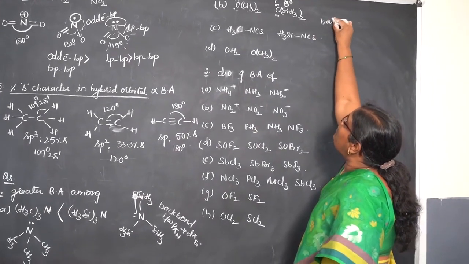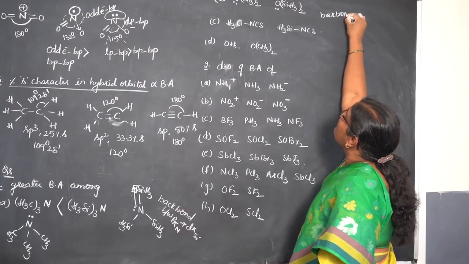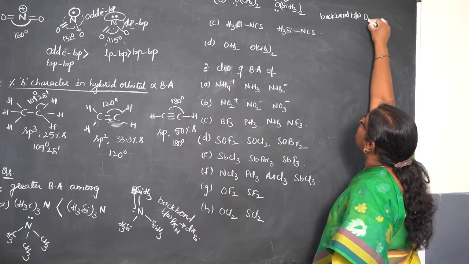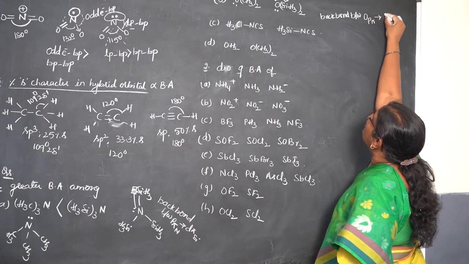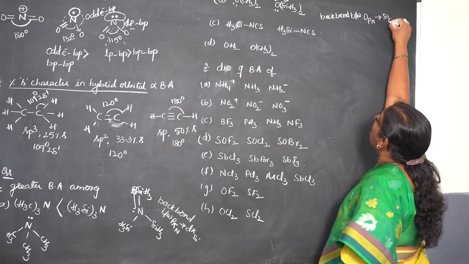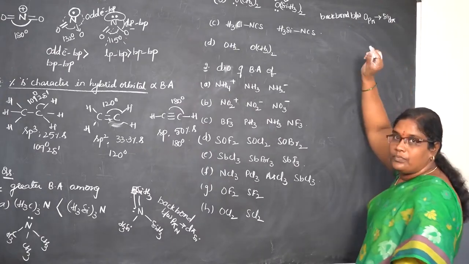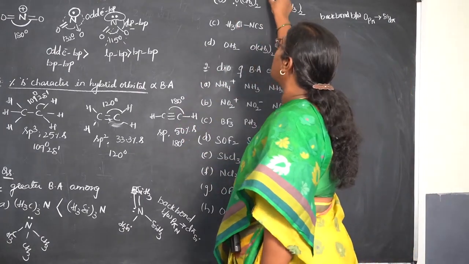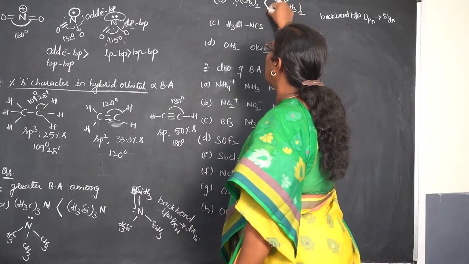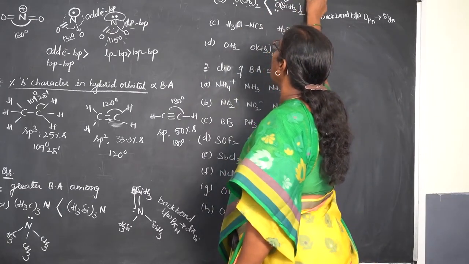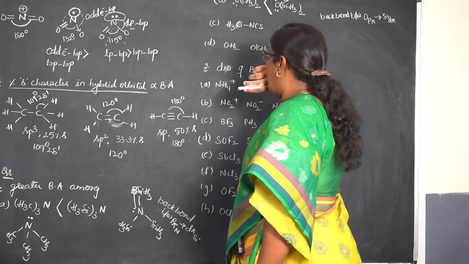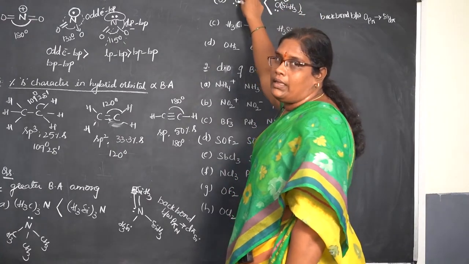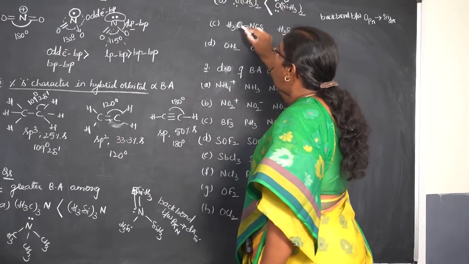Again we have the back bond. Back bond between oxygen p pi orbital to silicon d pi orbital. So when the back bond exists, bond angle increases. So disilyl ether has more bond angle, and the angle of disilyl ether is more than dimethyl ether. Next, methyl